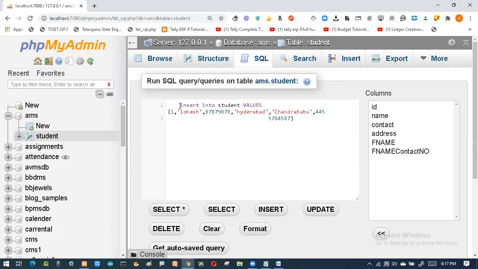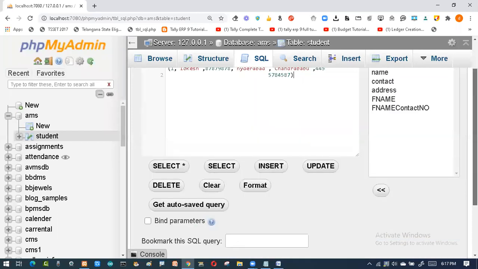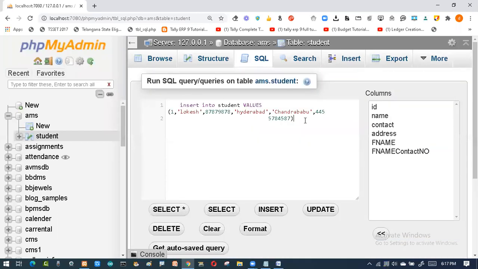Now, once you finish the syntax, it's ready to execute. That means you have completed your task. Then here you have something called the Go button. You can click over here, or we can say Ctrl+Enter. So both I'm telling you. Type Ctrl+Enter. If nothing has gone wrong, your program is going to execute.